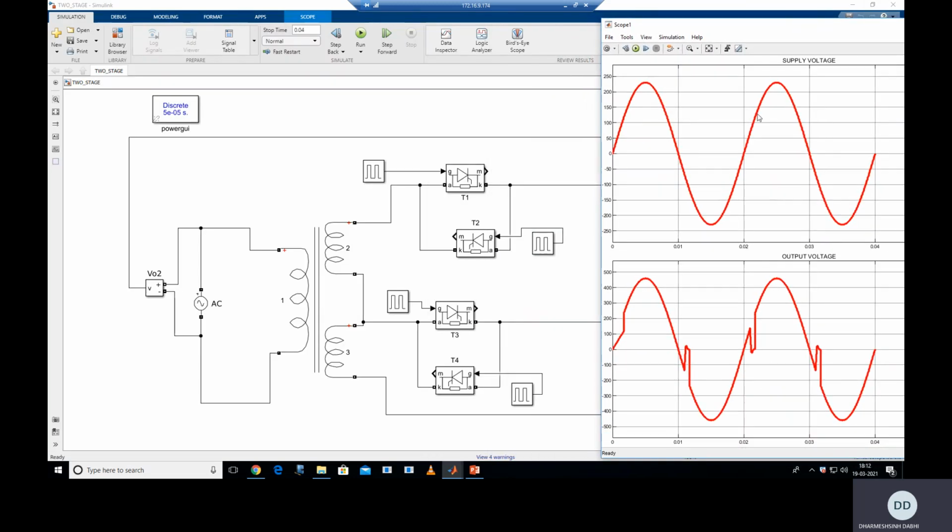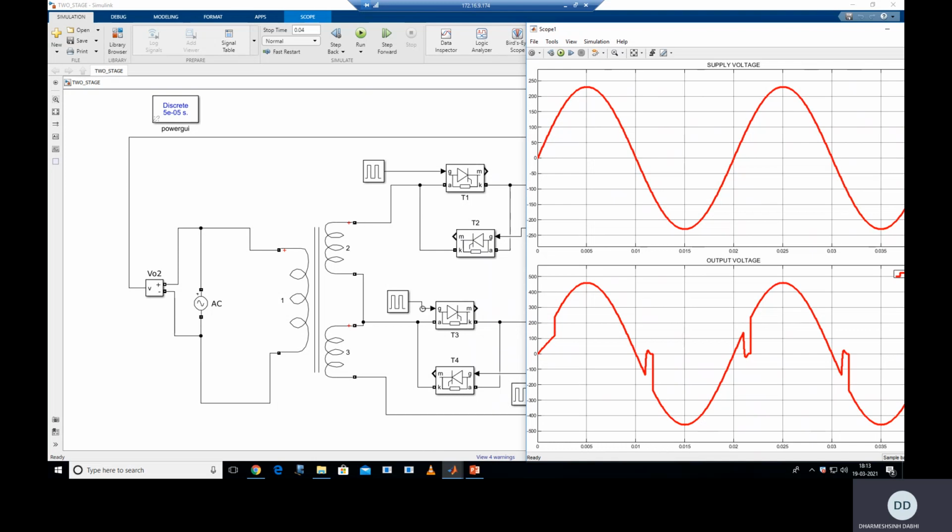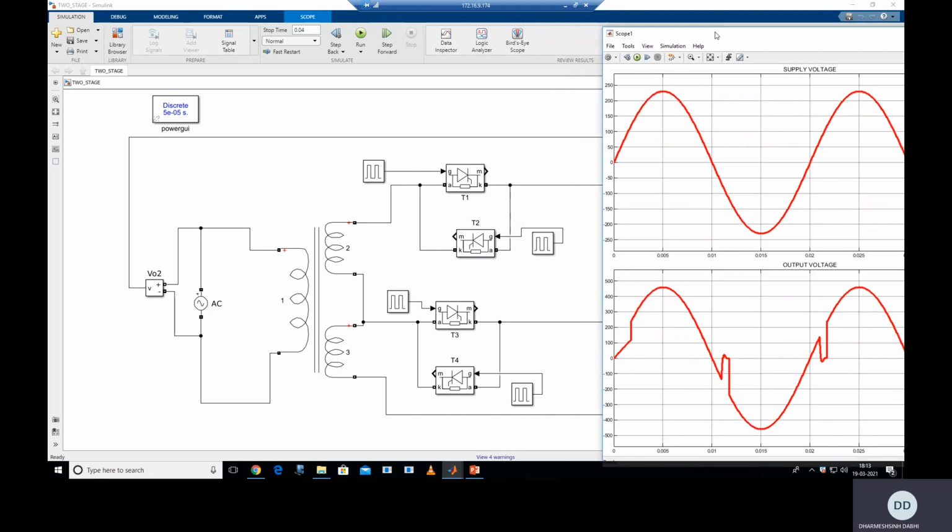Now from 0 to alpha, it is as it is. You can see here your T3 thyristor will be on, so the output voltage follows Vm sin omega t. And at alpha, when you fire T1, it follows 2 Vm sin omega t. Clear? And after this pi, your thyristor T1 will also remain in the on condition because of the presence of the inductor.